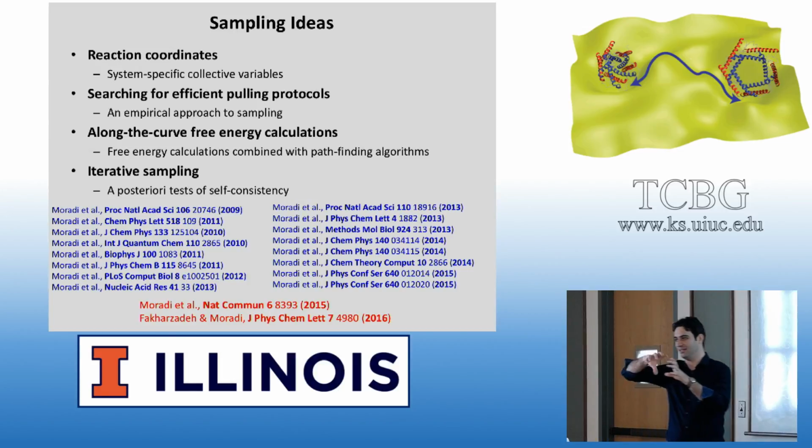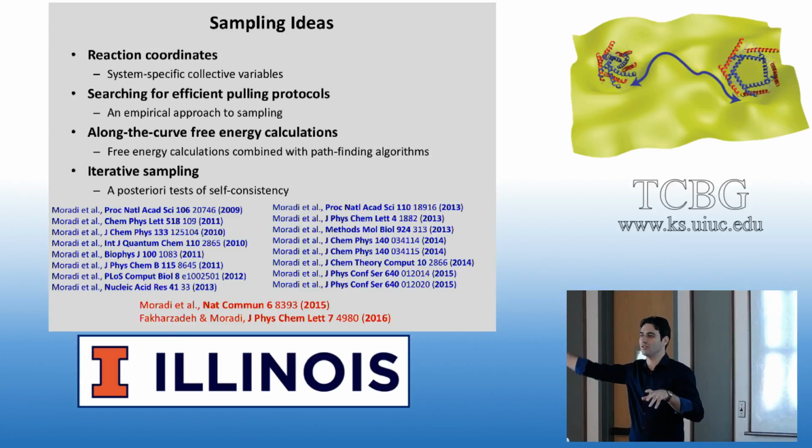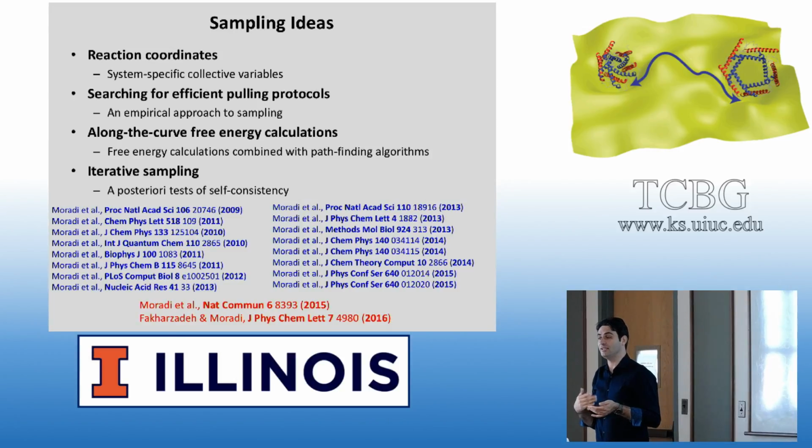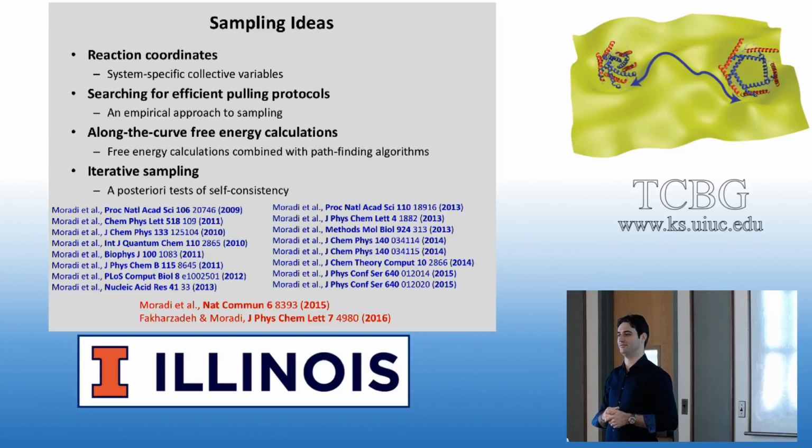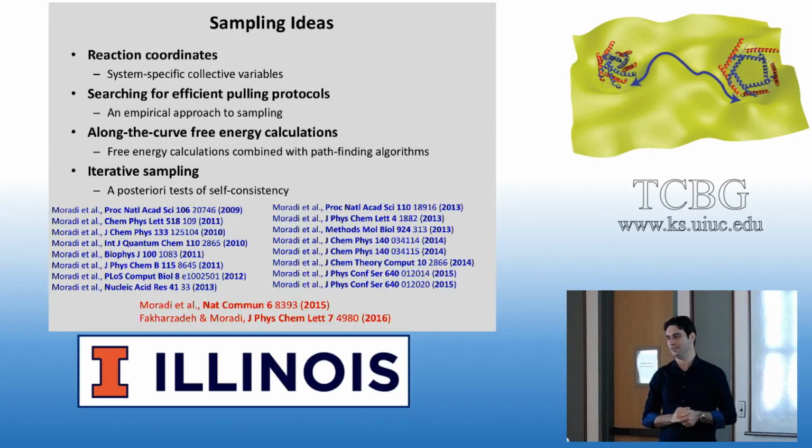It's like a family of pathways that are close to each other, which dominates because when the processes are so slow, if you have two pathways and one of them happens every second and the other one happens every minute, you're talking about very slow processes. Then the one that happens every minute is not really as important as the one that happens every second because it happens just more often. Sometimes it might be, but